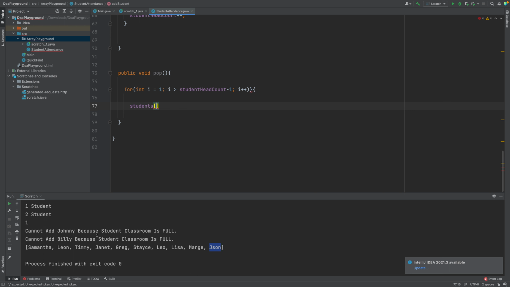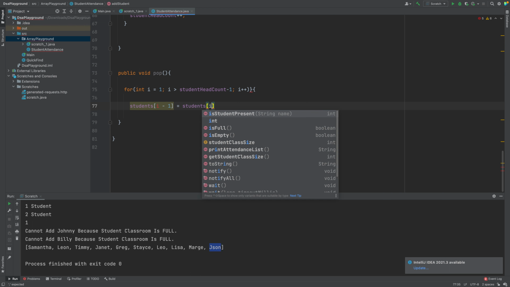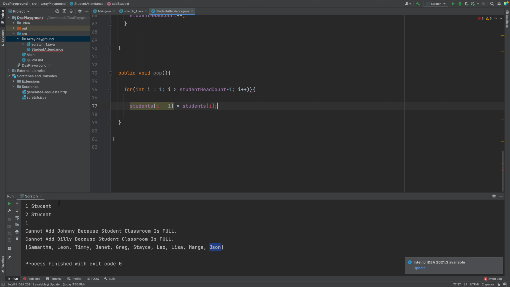So whatever i is, i minus 1 is going to equal students dot i, that point right there. I don't know why it didn't let me do i minus 1. Cool, and then once that's done,